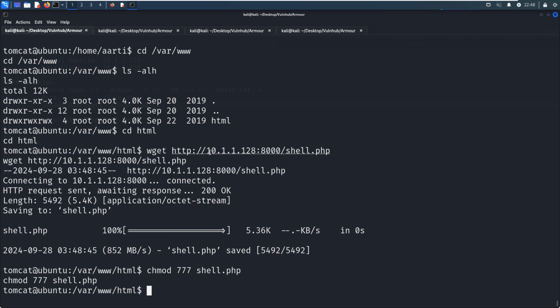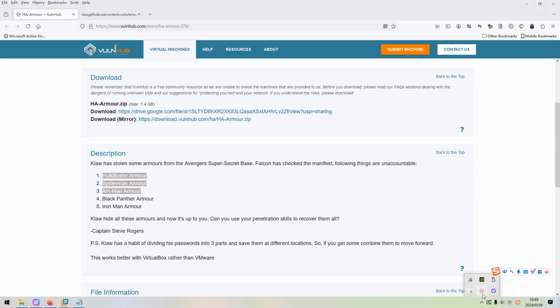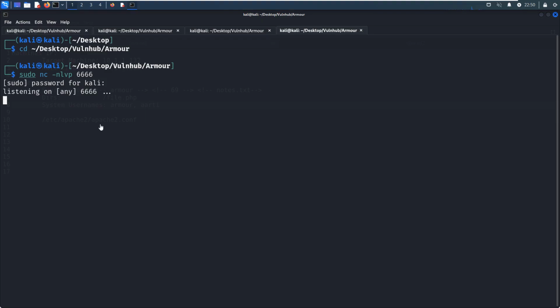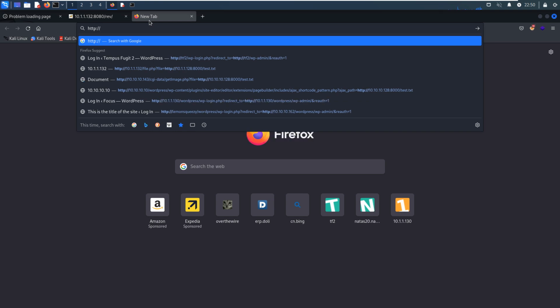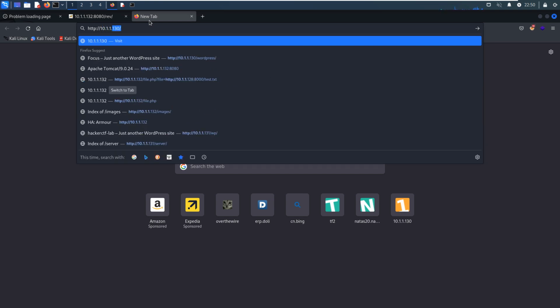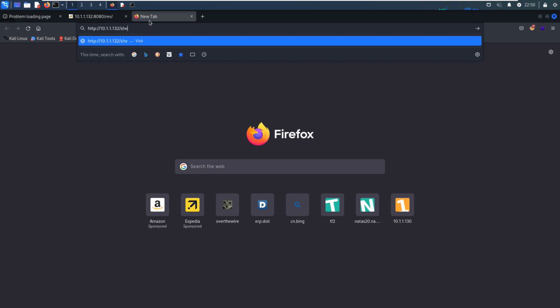Okay, and now I think we can restart the target machine and see you later. All right, I'm coming back. As you can see, another listener has started. Now we can access this PHP reverse file, and it should be under the root directory. Shell PHP. Press enter.